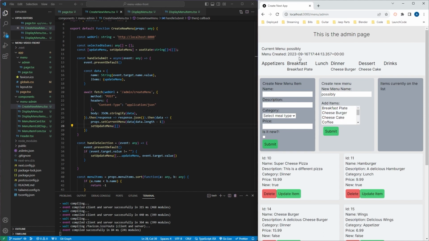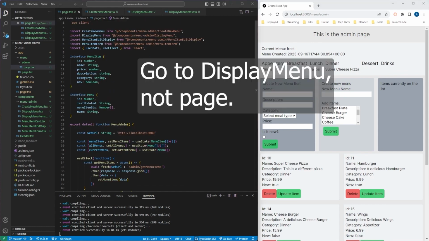Okay, so now we're getting the updated menu here, but we're not getting an updated item list here, because if I reload this, now the list is being reloaded. Okay, so let's figure this out. How come the list is not updating immediately up here? If I go back to page,